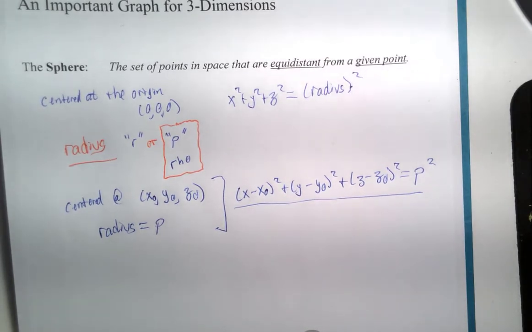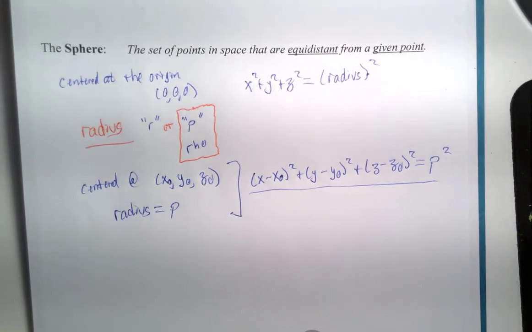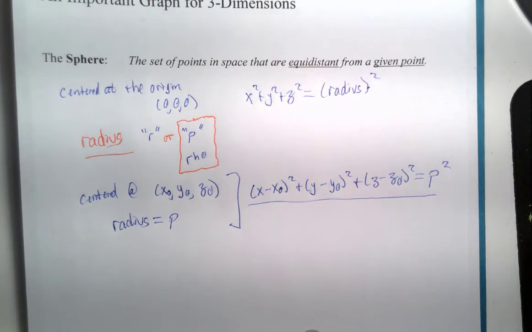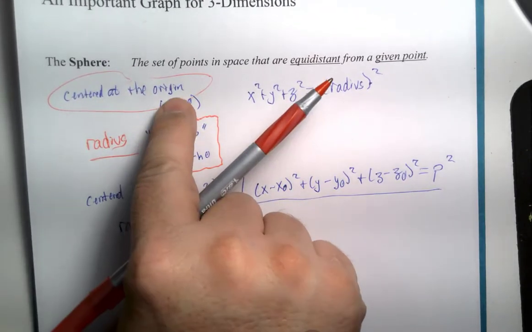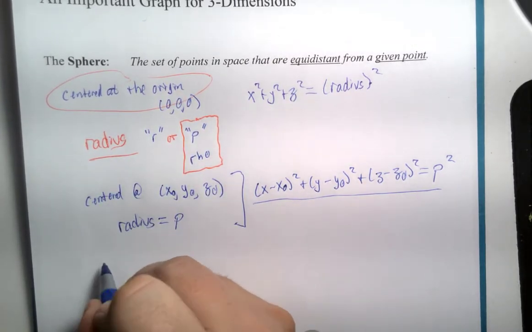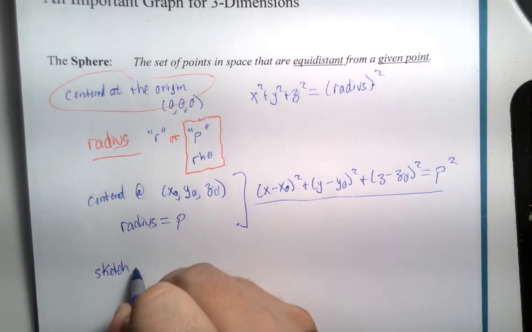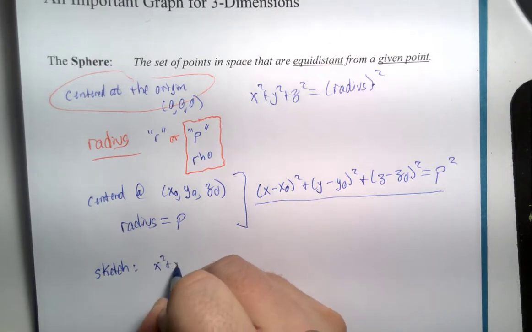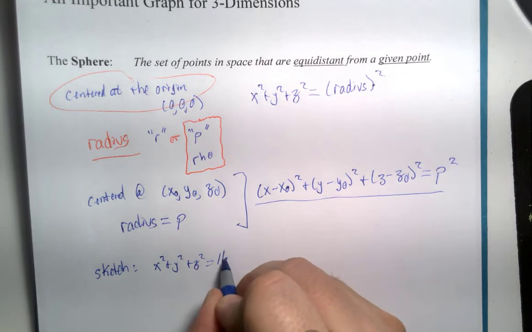Now, we're not going to do a lot of graphing of spheres, but there's one type of sphere that we're going to sketch a fair number of times during the course, and that would be any sphere centered at the origin. So let me kind of come back up here and just sort of highlight that. This one's more important than the others. So if we were to sketch the sphere x squared plus y squared plus z squared equals 16,